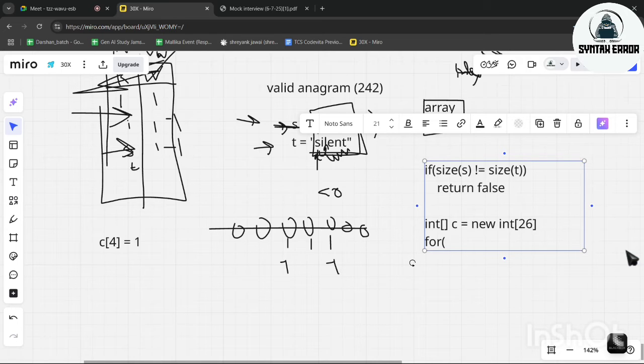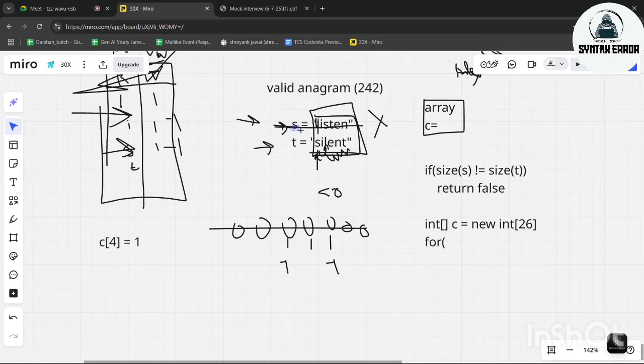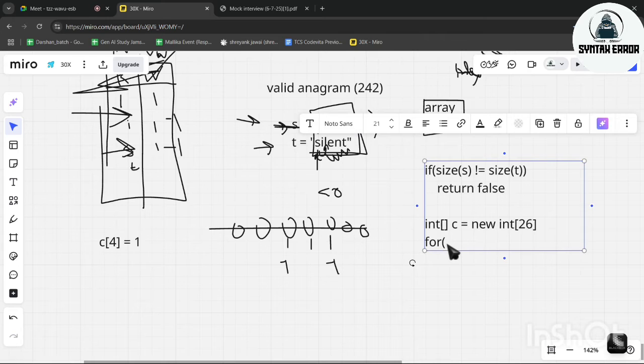Next, we need to update our character array for the first string. How to do that? We have to iterate the whole string. If it was an integer array, we would write int I in A. But here it is a string.